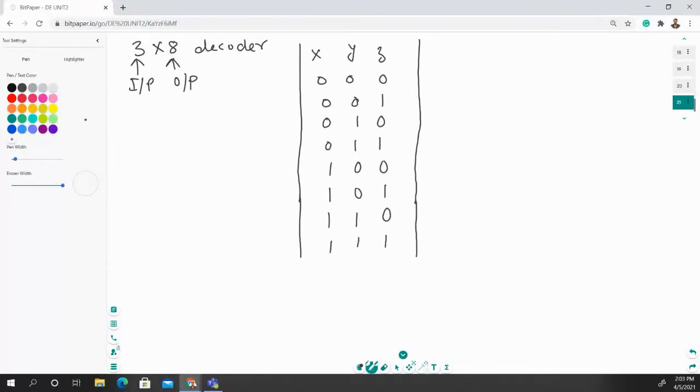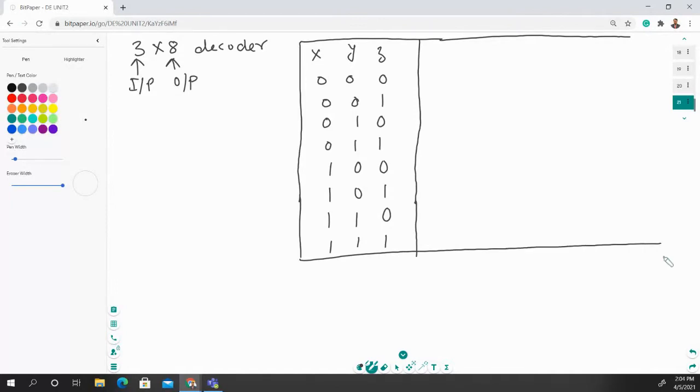We have represented all the possible input combinations. So you can create 8 possible combinations with the help of these three inputs. How many outputs should there be, from 0 to 7.